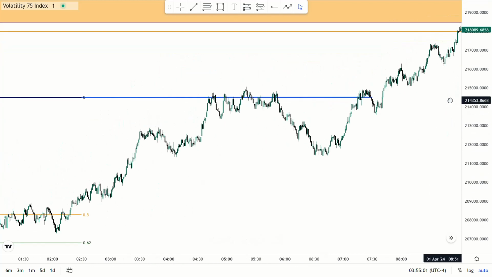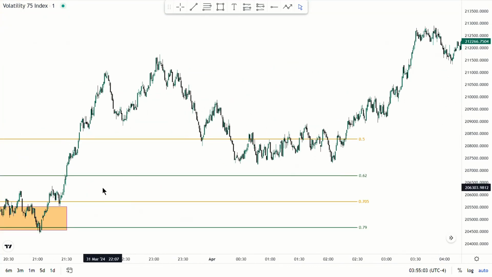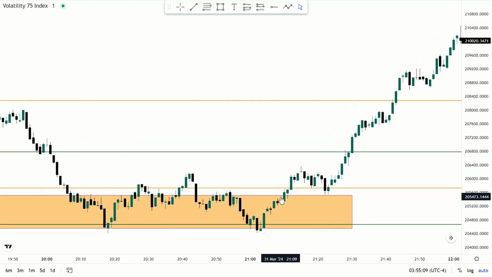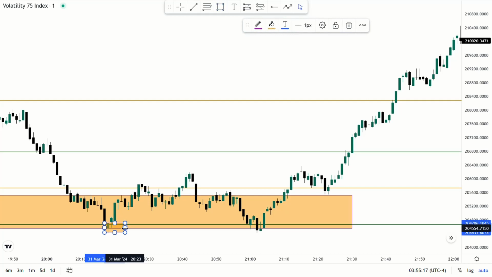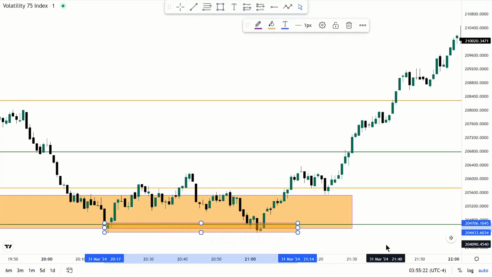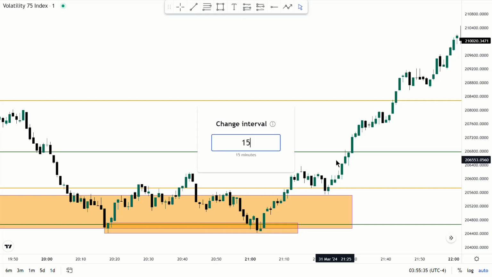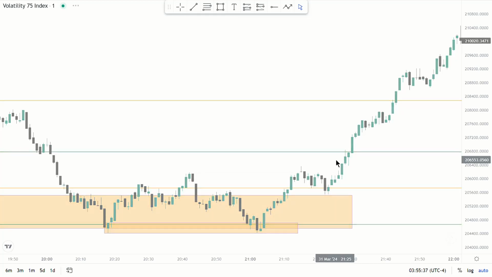I remember there was a single candle order block, I think, or an extreme order block. Yeah, the market just reacted to this order block right here. This is where the entry was, right here, and then the market just started running to the upside. Today I'm not doing trade management or risk management, I'm just showing you bias. Going back to the 15-minute chart.